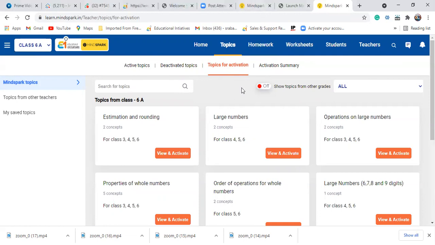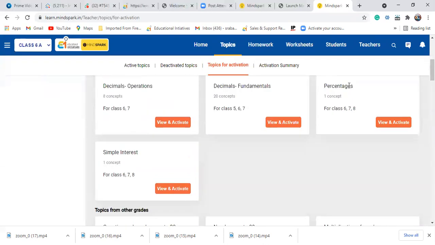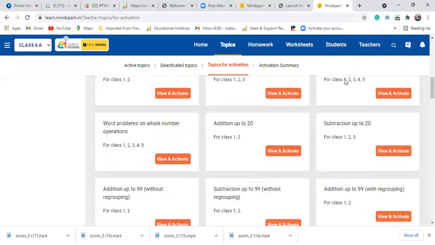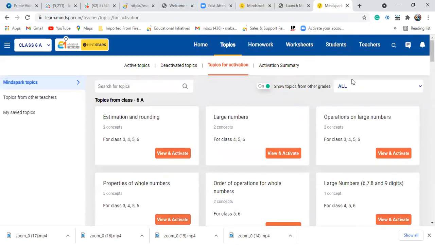Now, if you want to see the topics for other grades also, you can check just by turning it on. The topics for your own grade as well as topics from other grades will come. Because sometimes you might give topics from the higher level and the lower level also for concept clarity and for the enrichment of the students.